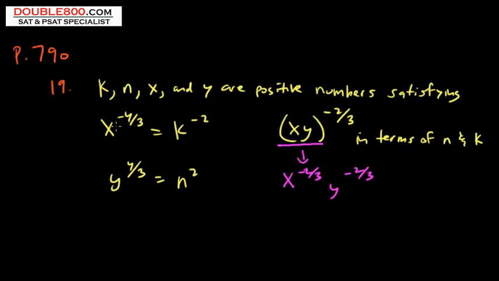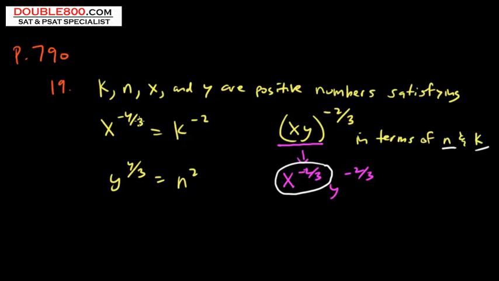So we have x to the negative 4/3, but we don't want that. Let's just start with this. We want x to the negative 2/3 in terms of n and k. We know what x to the negative 4/3 is in terms of k. We want to convert it to the negative 2/3. So this is an algebraic manipulation. What can we do to the negative 4/3 to turn it into the negative 2/3? So this turns into a little bit of problem solving algebraically, the rules of exponents,